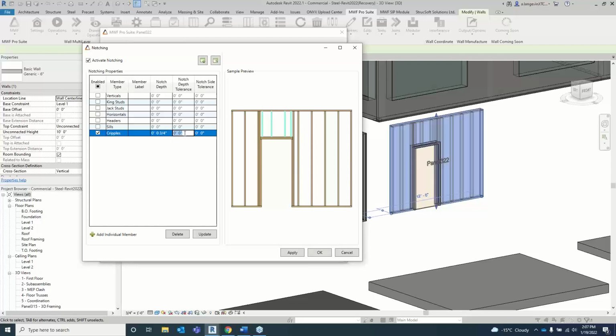And there's going to be depth tolerance and then side tolerance that you can also add. So if I put 1/4 inch, okay, this is good. And then maybe I want to change this stud here. So let's say this would be 1, 2, 3, I think. So when I do the add individual member,